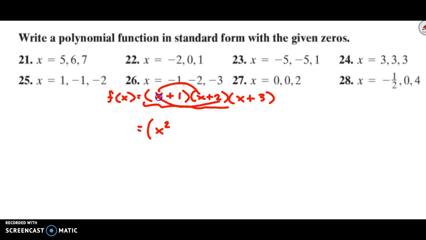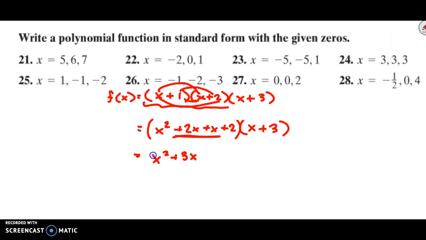X to 2 gives me 2x. 1 to x gives me x, and then 1 to 2 gives me 2. I'm going to bring this x plus 3 down so that I don't accidentally forget about it. And then I need to combine like terms, which gives us x squared plus 3x plus 2 times the expression